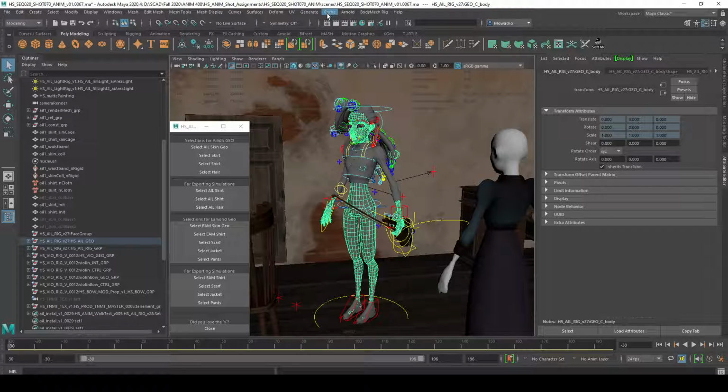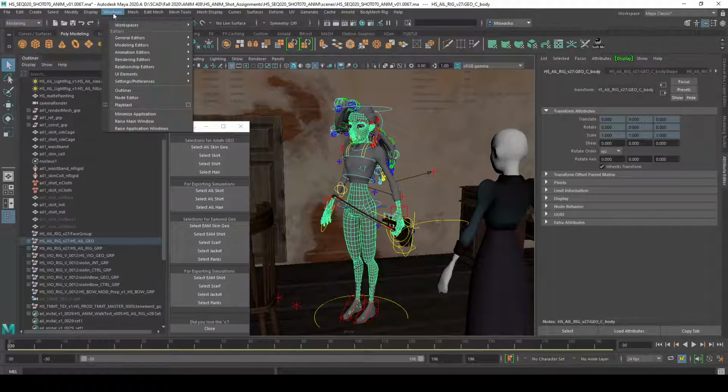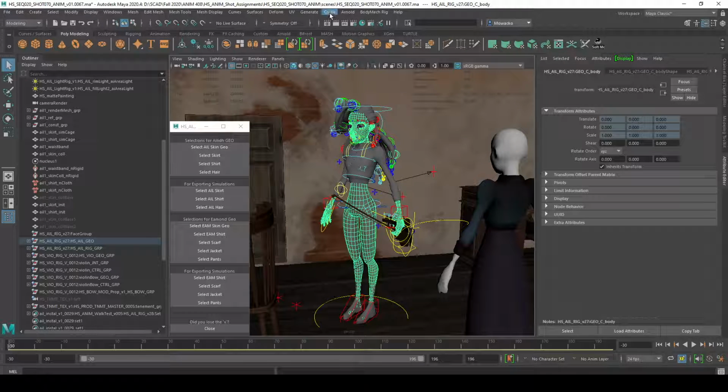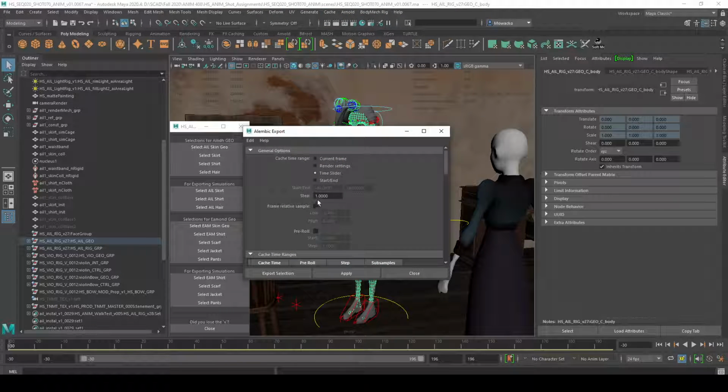We will come up here to Cache, Alembic Cache, Export selection to Alembic options. If you do not have this, you need to go to Windows, Settings Preferences, Plugin Manager, type in ABC, load and auto load all of these right here. Then you should be able to come back up to Cache, Alembic Cache, Export selection to Alembic, and you want